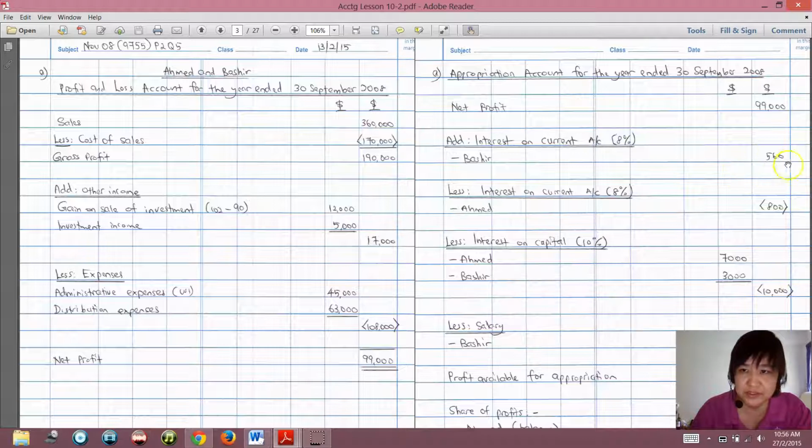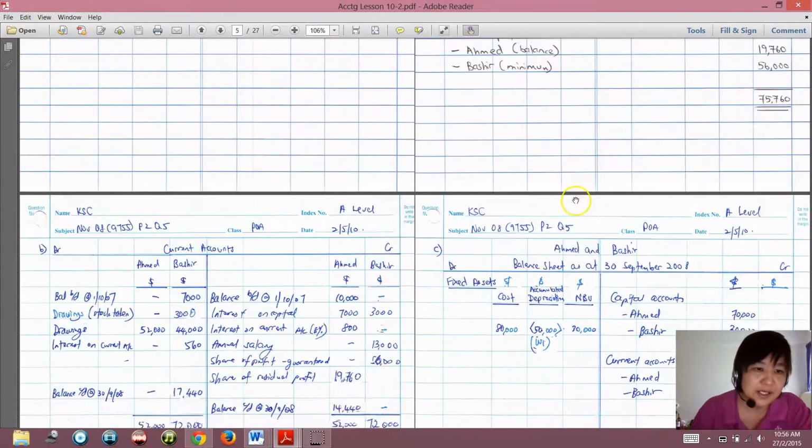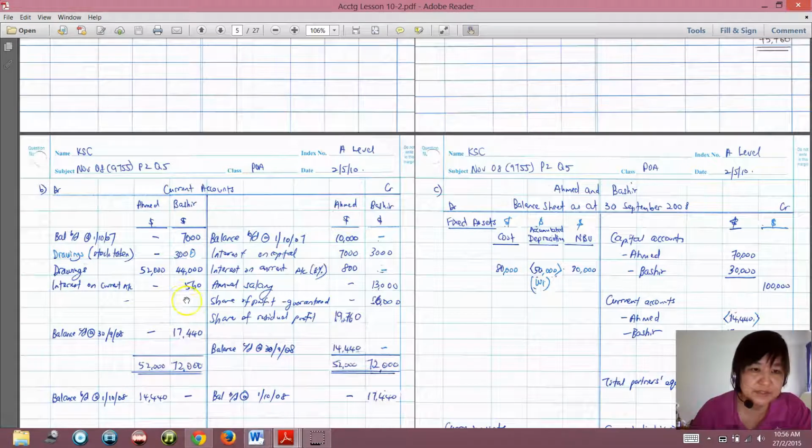So the interest on current account has been credited to the appropriation account and would be debited from partial's current account. Okay, so this 560 would reduce partial's entitlement or balance in the current account, because partial is supposed to pay 560 to the company, so we will deduct from his money in the company. Okay, then like just now I said, the interest of 800 is what the company will pay Ahmad,